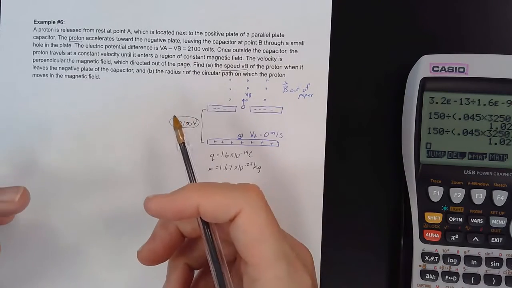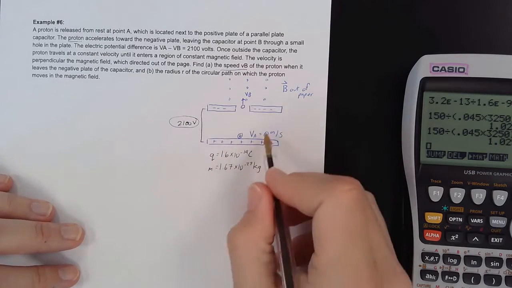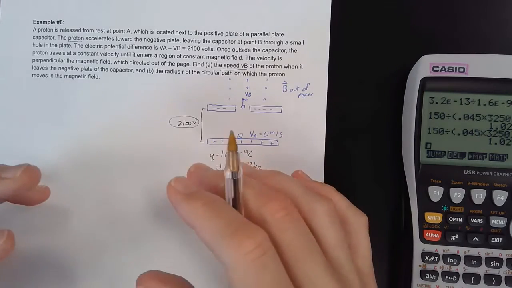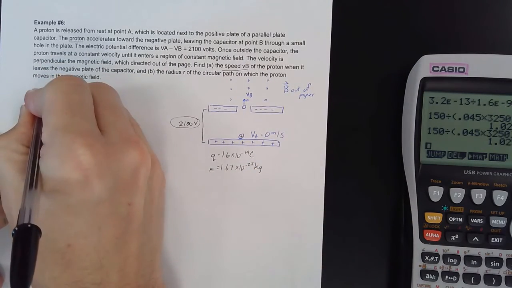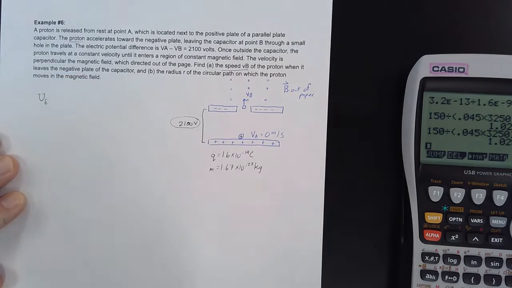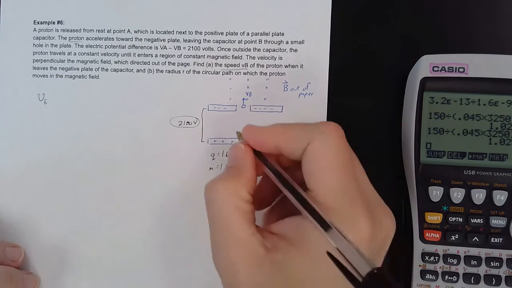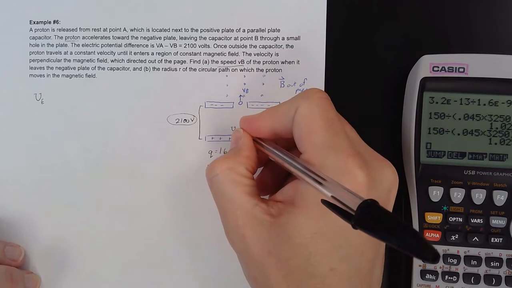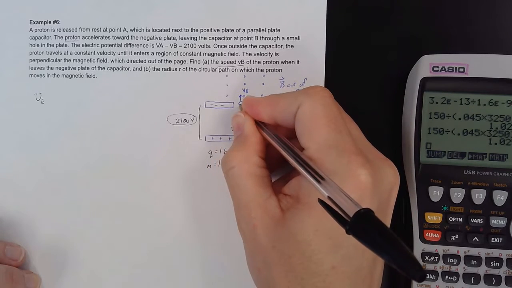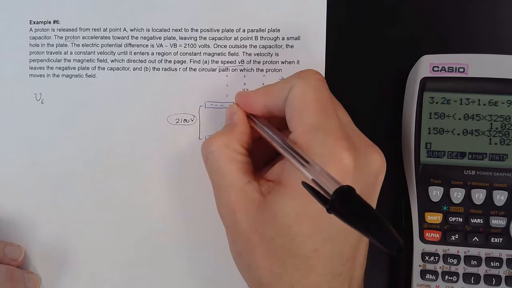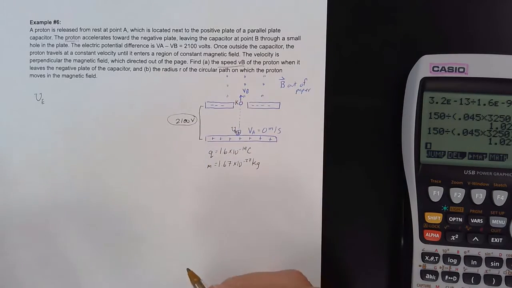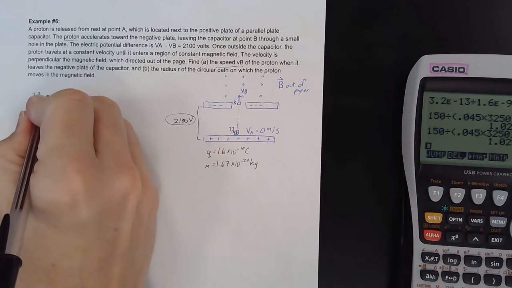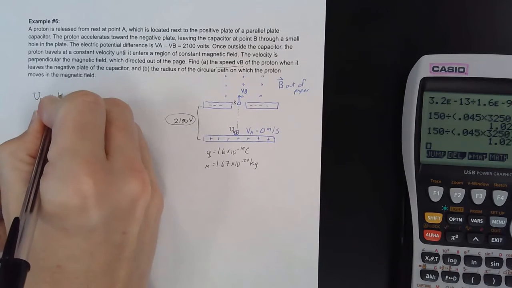So the next option, remember when we learned about potential and electric fields and all that kind of stuff, one of the things that we learned about was electric potential energy. And so I'm thinking, I'm probably going to start with some electric potential energy here. And as I go through this potential of 2,100 volts, all that potential is going to get turned into kinetic energy for my proton. So I'm going to say I think my electric potential energy is going to be equal